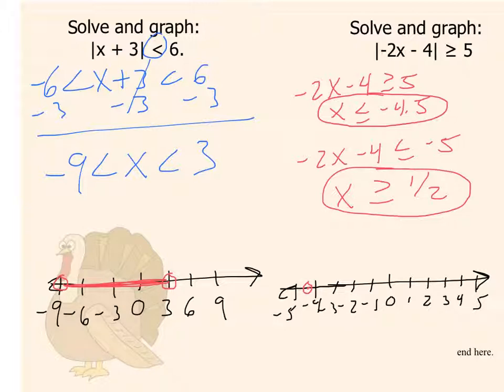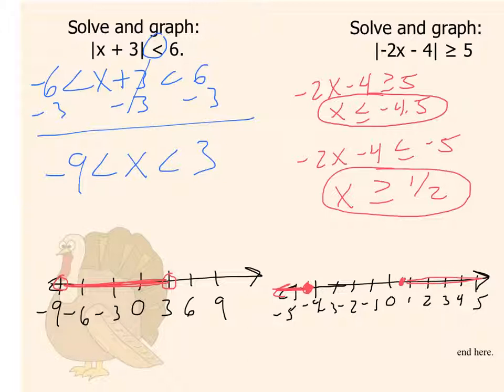Okay, now I'm going to close that because I should include the point 4.5. All right, but I want everything that's less than 4.5. All right, so negative 4.5 or less. Then I do 1/2